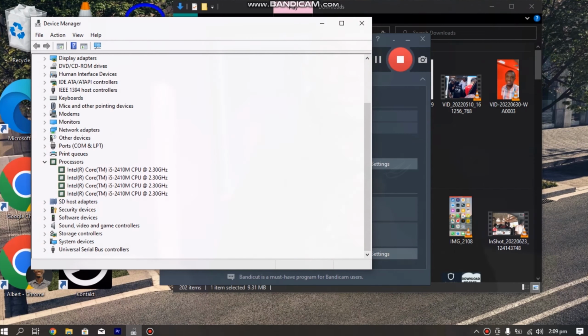So you might have Intel Core i5 or i3, and then the speed is maybe 2.3 gigahertz. Now there's something we call the number of logical processes. You can have dual core, which is 2, quad core, which is 4, or octa core, which is 8. Now, in most cases, all this number of logical processes may not be activated.